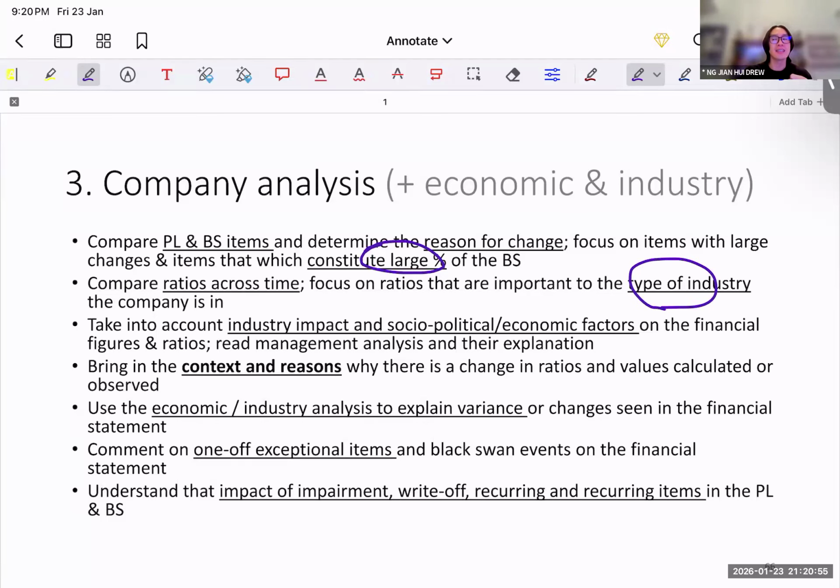Then we move on to comparing maybe the type of industry they are in. So earlier we mentioned certain industries, for example, the real estate industry might have a lot of fixed assets because they have a lot of investment properties. And when you have investment properties, you can have some, I would say, recurring items, right? Which might not be common in other industries. So one example for real estate companies is that they might have a lot of these fair value gains and losses. Does anyone know why they have fair value gains and losses for real estate?